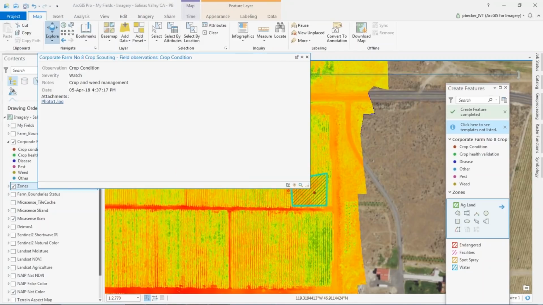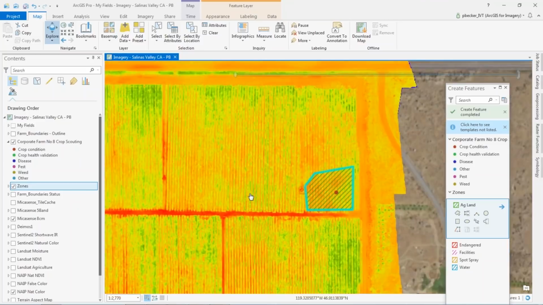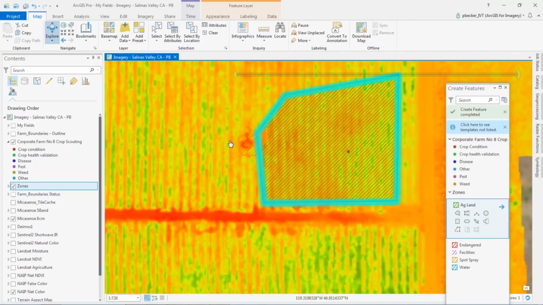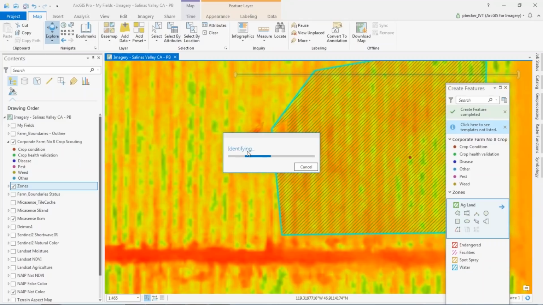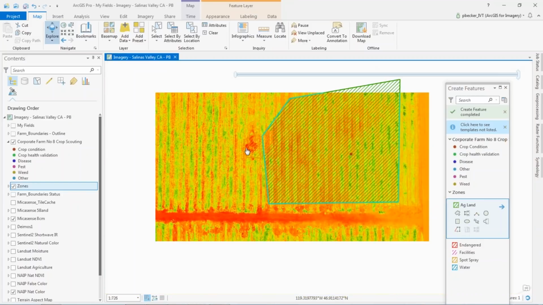It's coming back, so I have access to that imagery. And the zone information should also update in a second. Actually, no, it's already there. You can see this other information that's here, so I can get that information as well. So I'm getting access to the information that